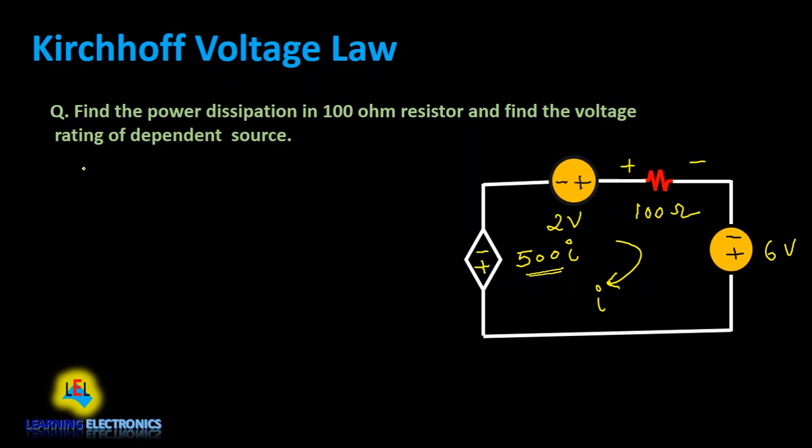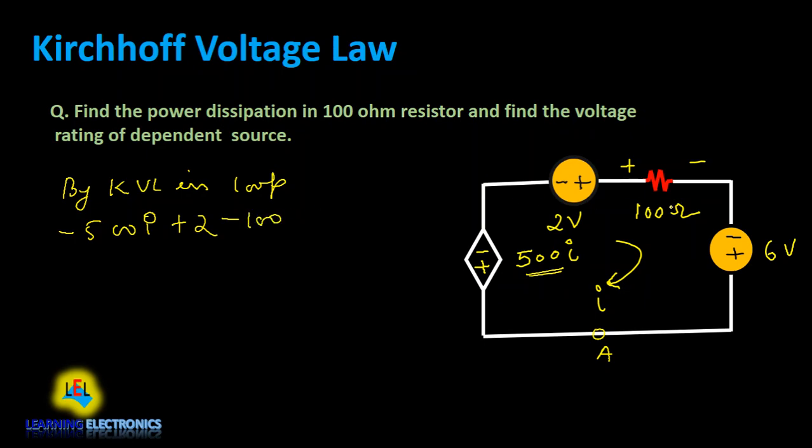So here we apply KVL in the loop. We start from this point A, and when we come to this dependent voltage source, we move from positive to negative, so we take it as minus 500 I. Again for this voltage source, we move from negative to positive in the clockwise direction, so we take it as positive 2 plus 2. And for this 100 ohm, we move from positive to negative, we take it as minus